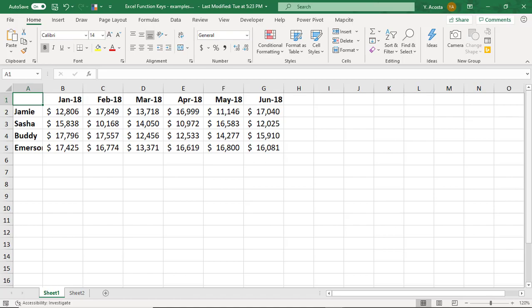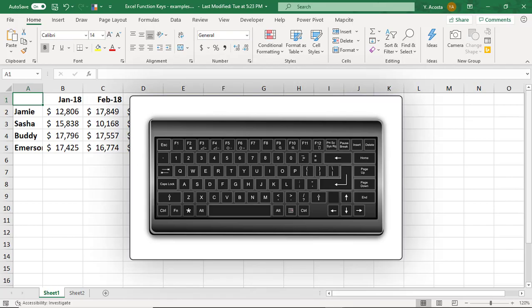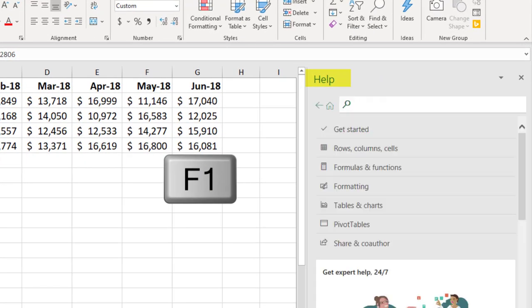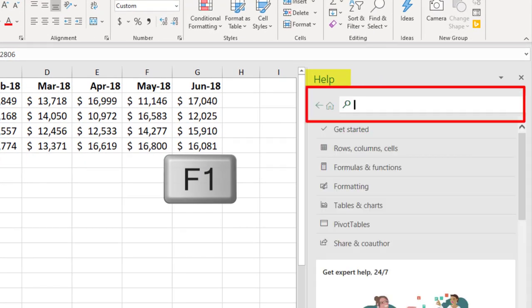You can save a ton of time working by using Excel shortcut keys. And by these, I mean the F keys or function keys along the top of your keyboard. Let's take a look. Pressing F1 will open the Help menu, and here you can type your question in the